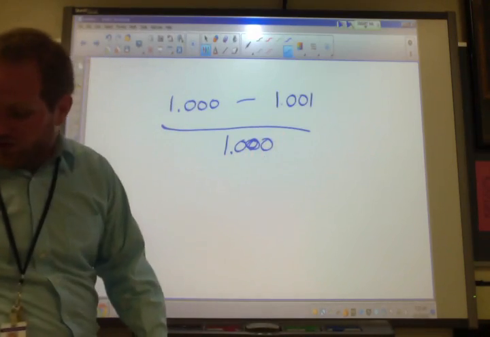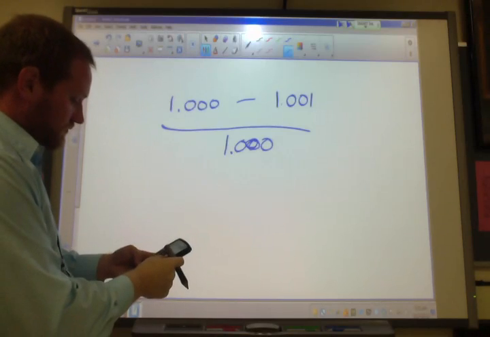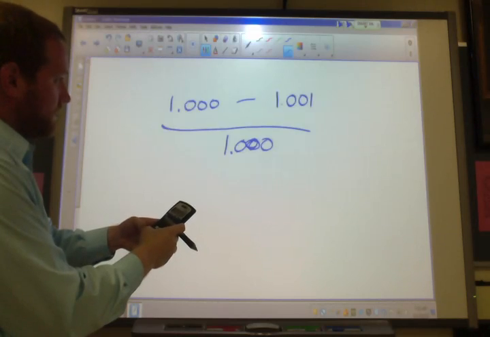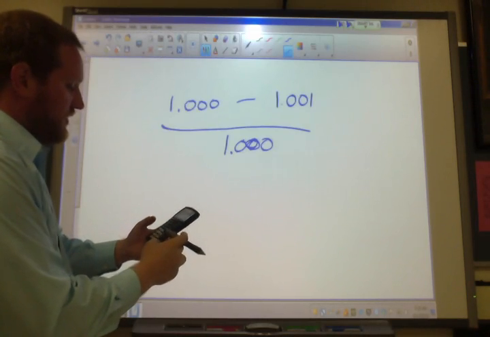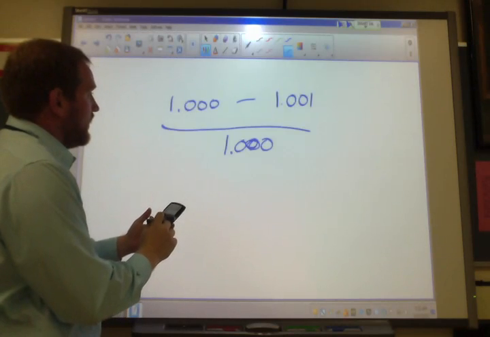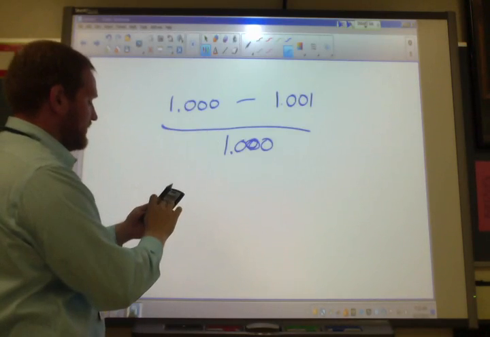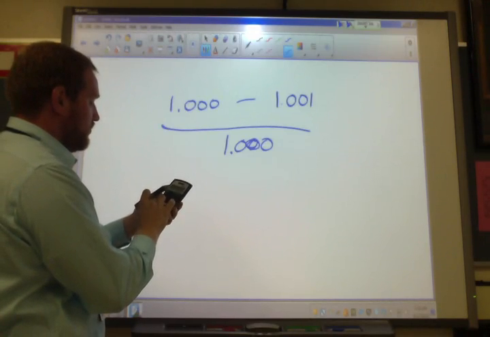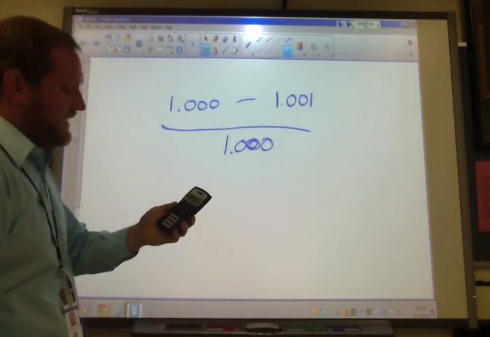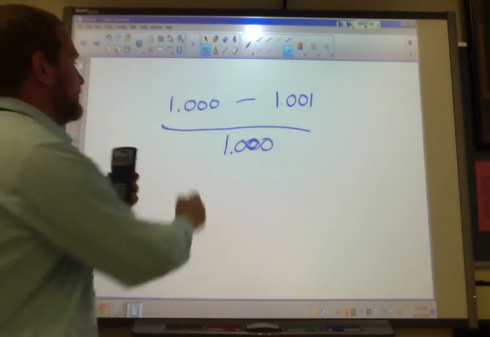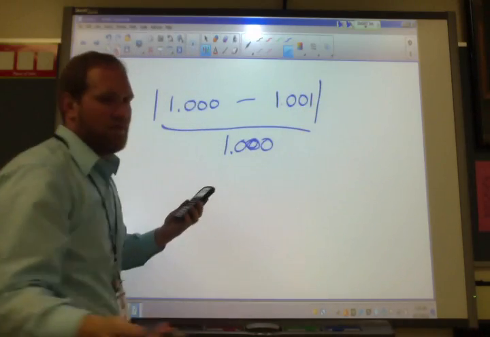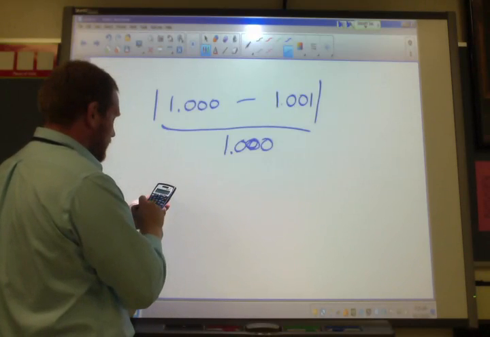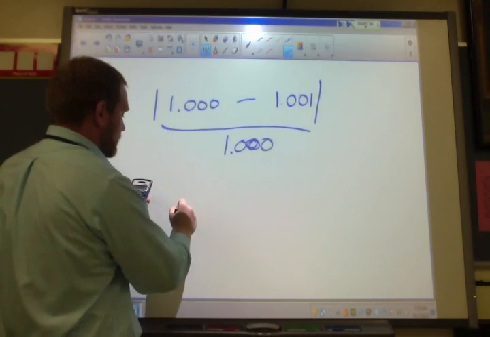Okay, let's run the numbers. 1 minus 1.001 is negative 0.001. But since we put this in absolute value, make it positive. Divided by 1 is the same number. Times 100% is